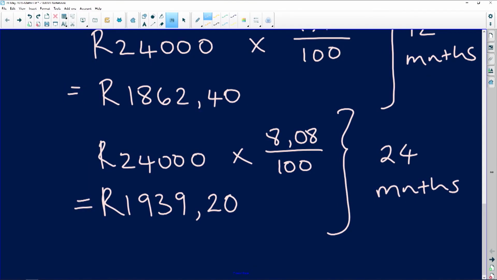And because difference indicates subtraction, we're going to be subtracting at this point. 1,862.40 minus, oh sorry, I can't do it because you can't have negative money. Let's fix that. You cannot have negative money, so I need to start with the bigger amount. 1,939.20 minus